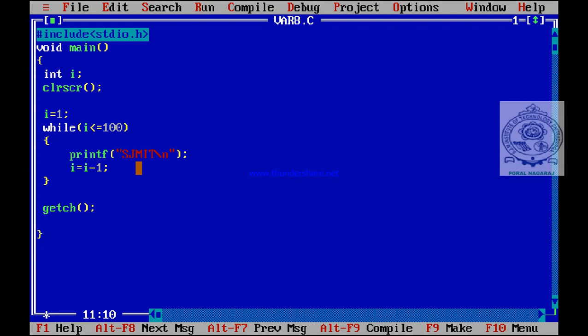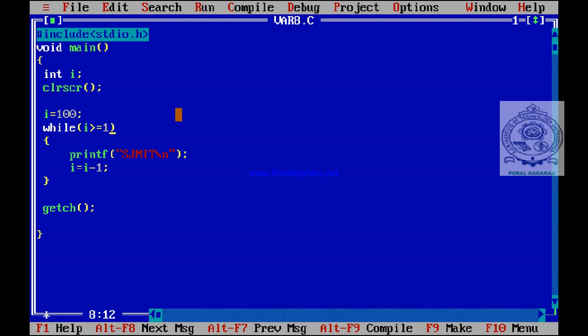That's why I am going to initialize my variable I not with 1, instead I will initialize with 100. It begins with 100, 99, it goes down, a down counter we can call it. So now we have to display while the I value is greater than, instead of less than or equal to, you can write greater than or equal to 1. So this is also what we call a down counter.